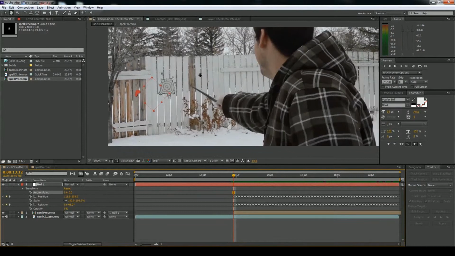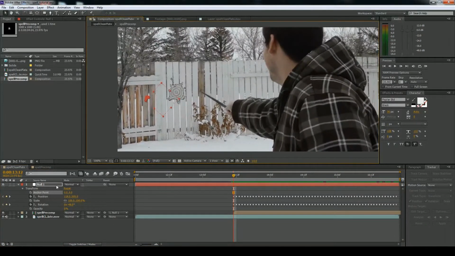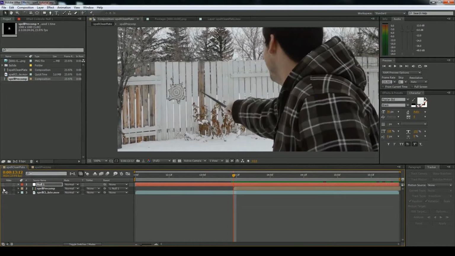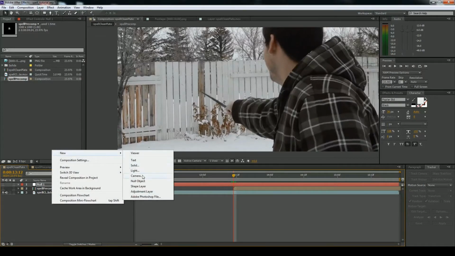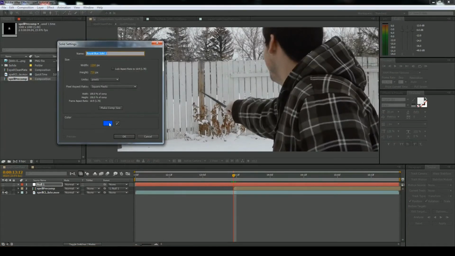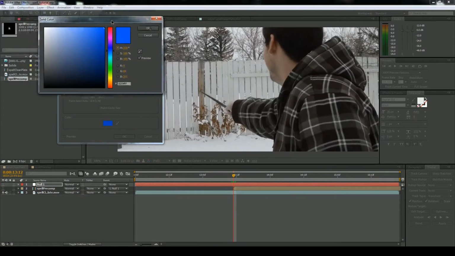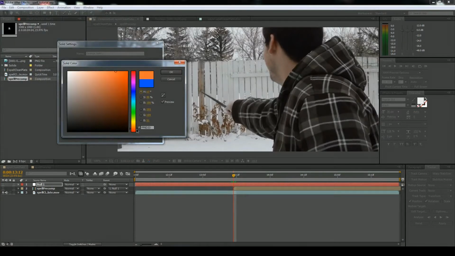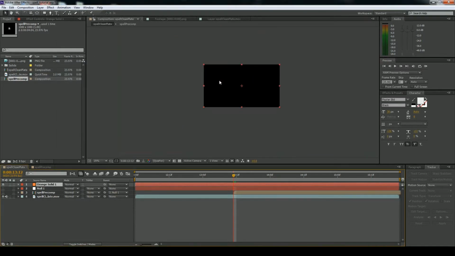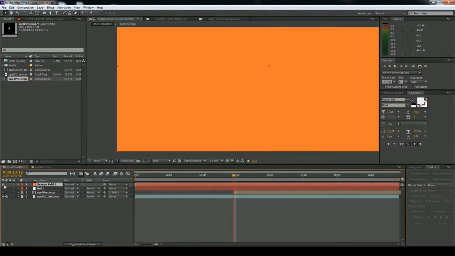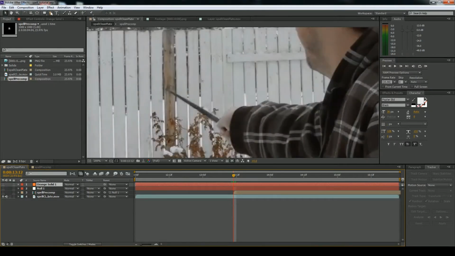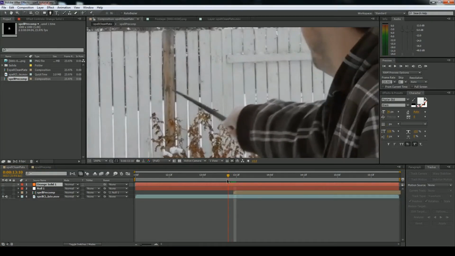Okay, so next we're going to get into some of the flashier bits. For now we're just going to hide our null and our spell pre-comp, and we're going to work on the muzzle flash from the wand. To do that, we will go new, solid, and we'll choose a color that we might want, say something maybe orange. And you'll see it fills the entire comp. So we'll just hide it for now, and grab our pen tool. And just at that second where the spell is supposed to be coming out, right around there,